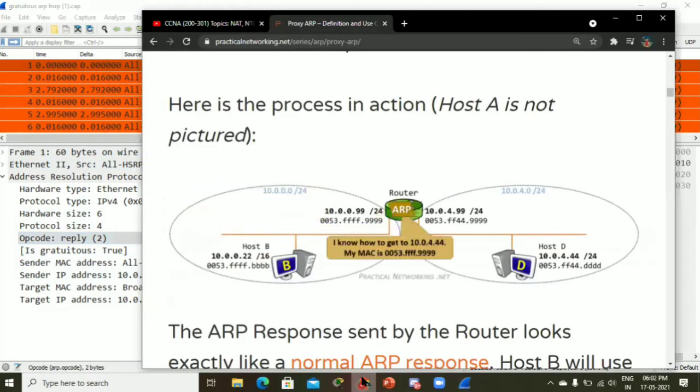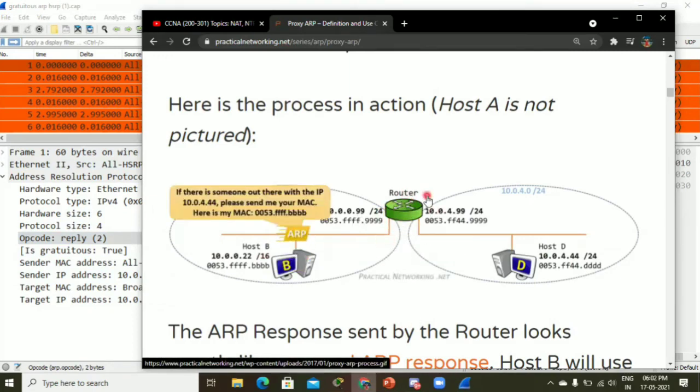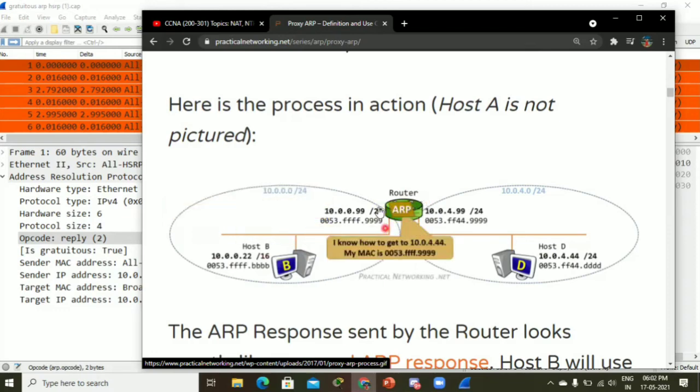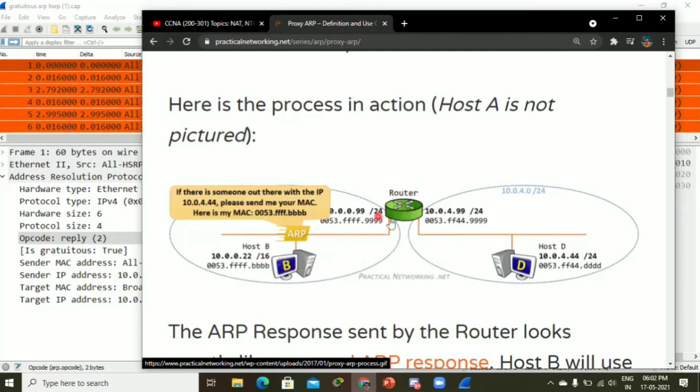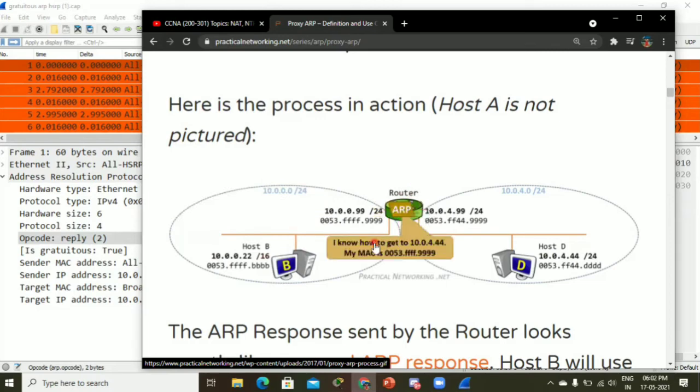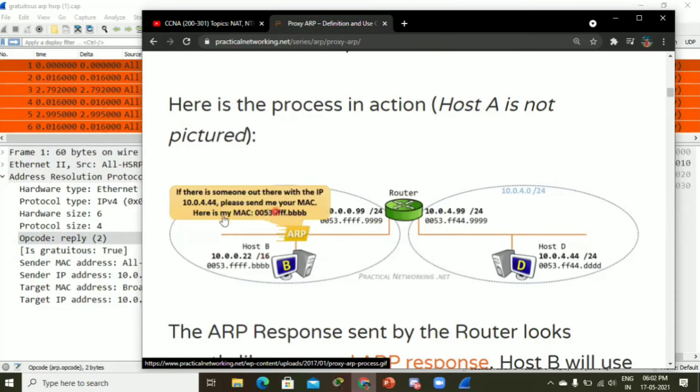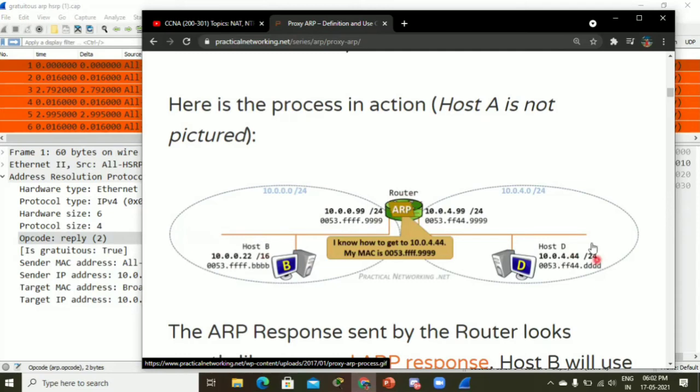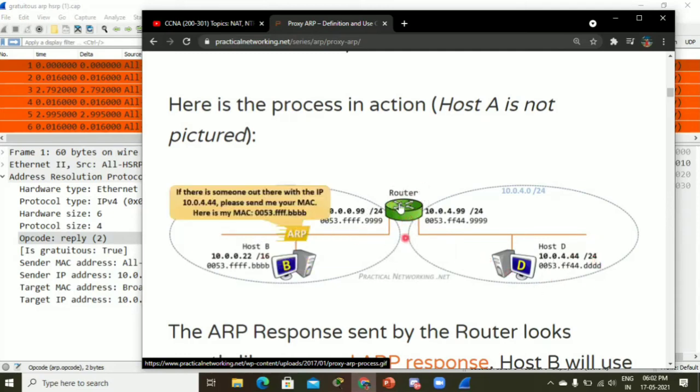proxy ARP. Here you can see an example for proxy ARP. What is happening here is the router is answering the ARP request on behalf of the original receiver. The ARP reply is sent to 10.0.4.44, on behalf of this PC; the router is answering the ARP request.